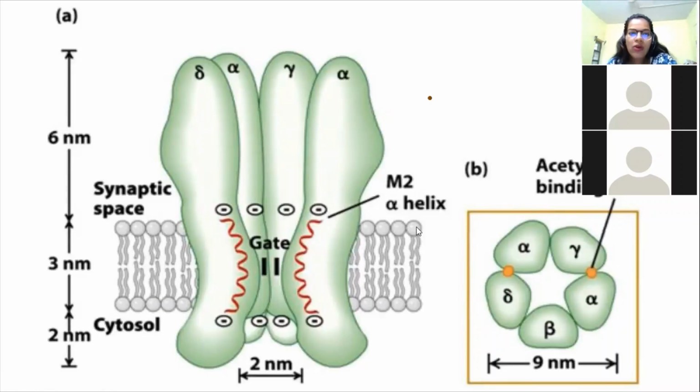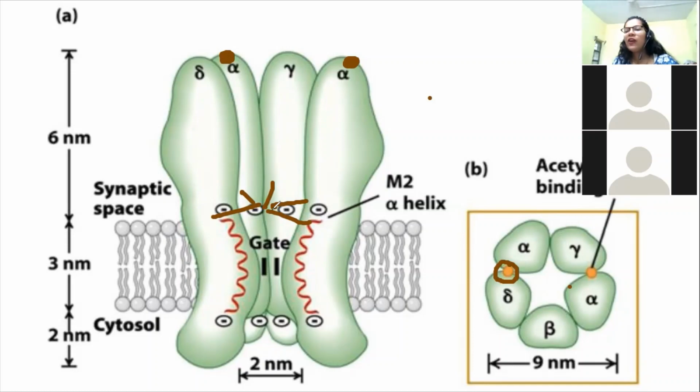Now what happens is your ligand, that is acetylcholine, goes and binds to the alpha subunit. Can you see here space has been given, right? So it goes and binds over there. Initially it is closed inside. You can see that these helices are present and they are blocking like this. Now, when the ligand binds, it rotates 15 degrees each. So each of these subunits, alpha, gamma, delta, beta, when they rotate 15 degrees, what will happen? The central space will be created. So that means now it is open.